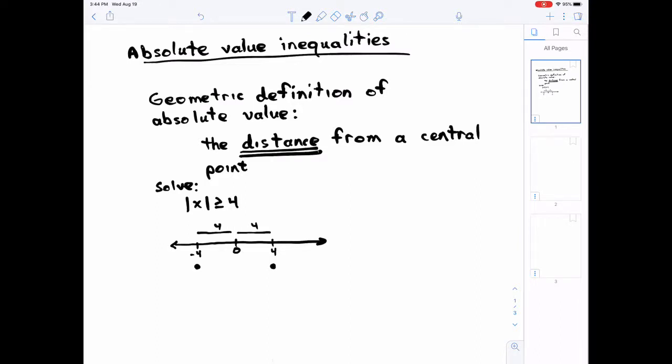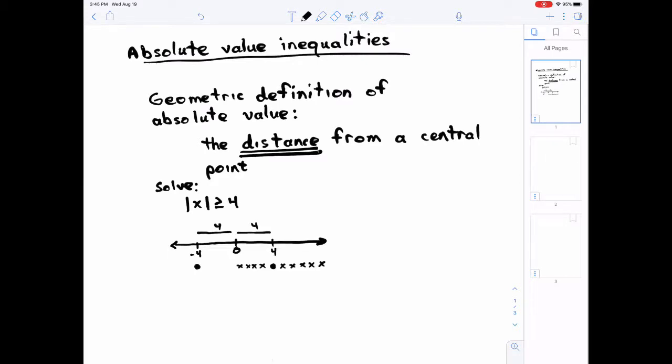Well, from 0, I'm going to write some other stuff on here. By the way, this problem you can copy down. But what I'm going to write down right now, don't write it down. Right here, right here, right here, all these distances are less than 4 away from 0. So I don't want to include those. How about this one? It's still less than 4. Well, how about this one? No, that's more than 4 units away from 0. How about this one? Well, that's more than 4 units away from 0, so I want to include that. How about this? All of these ones out here are going to be more than 4, so I want to